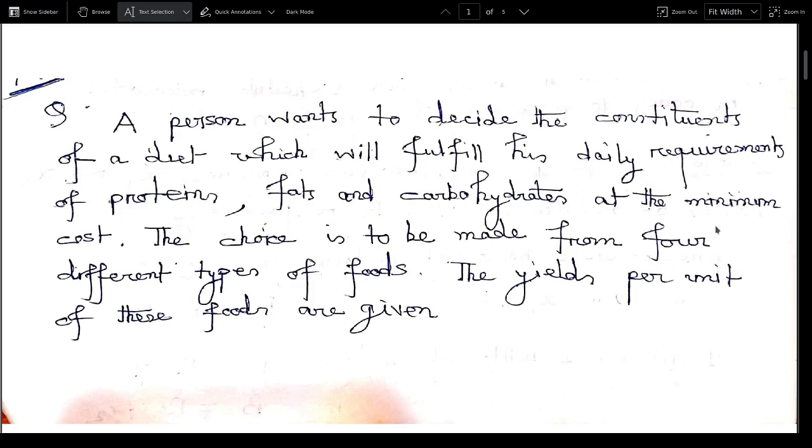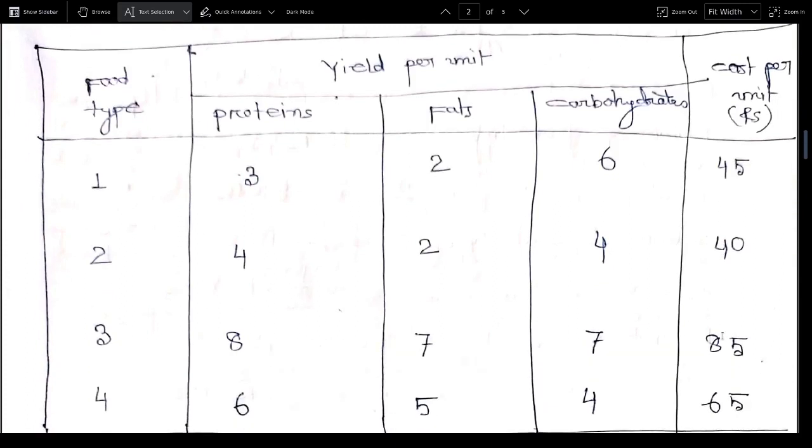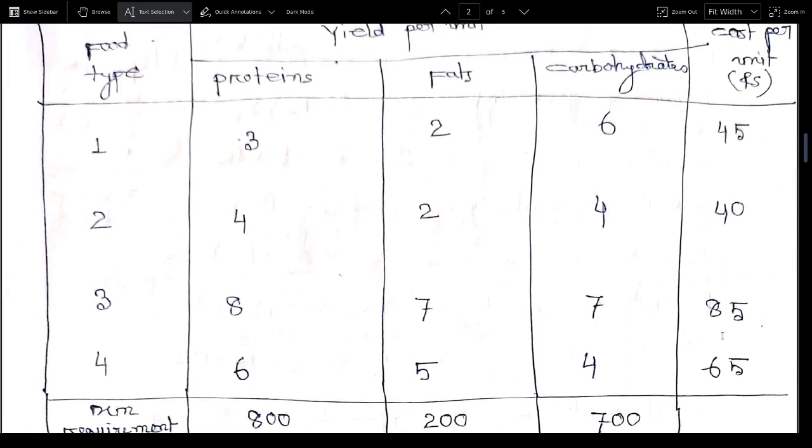The yields per unit of these foods are given. Here the types of foods are given and the yield per unit is also given. So food type 1, 2, 3, 4 are given, and here are the proteins in this food, then fats and carbohydrates. So the cost per unit is also given, 40 for food type 1, rupees 45, then food type 2 is